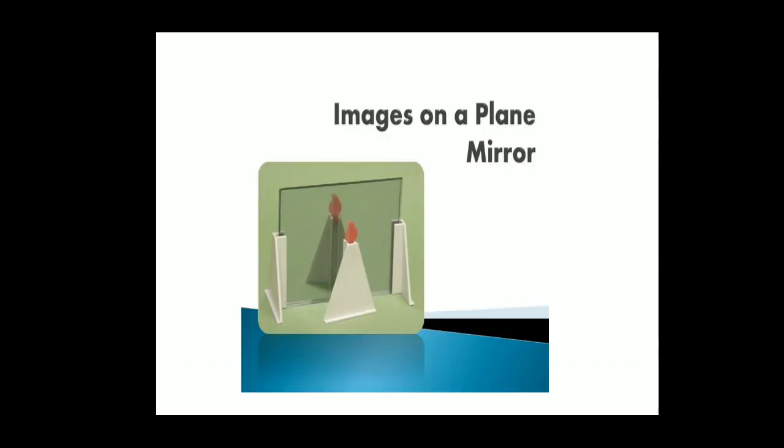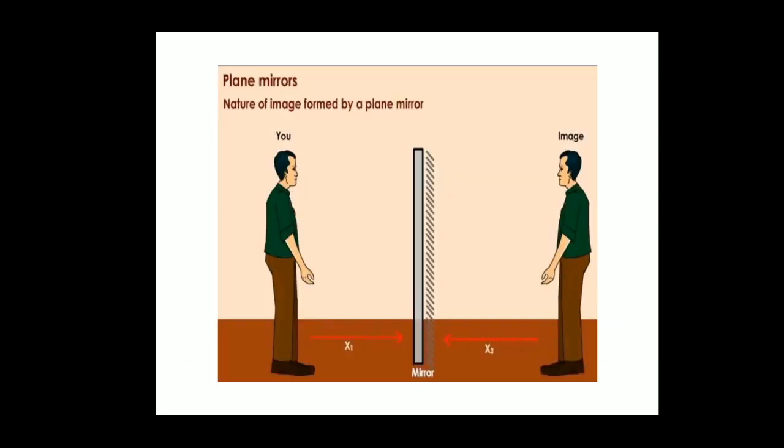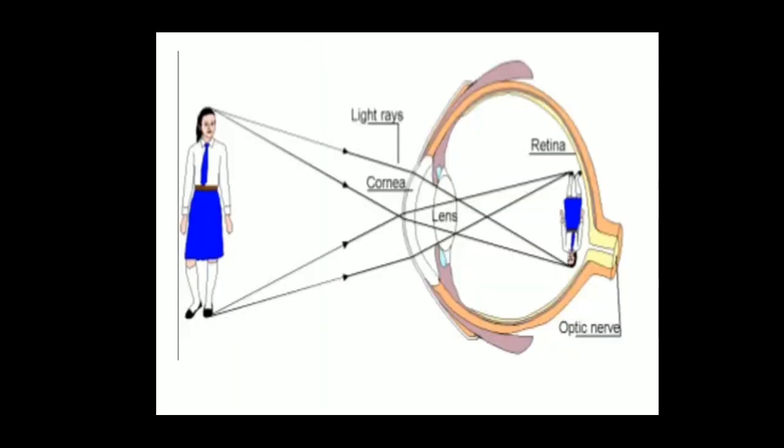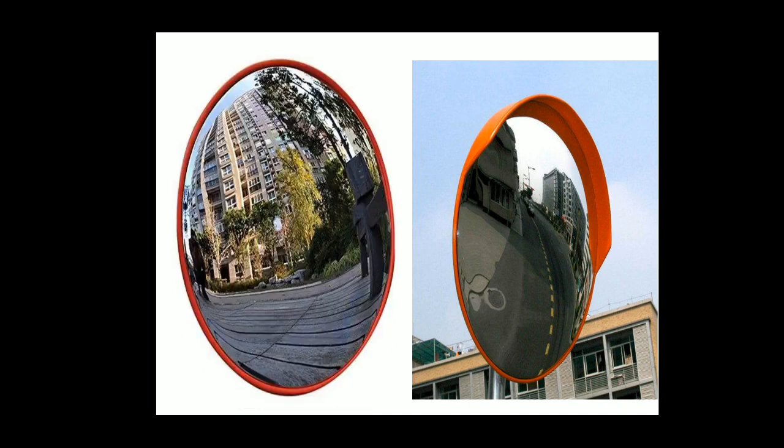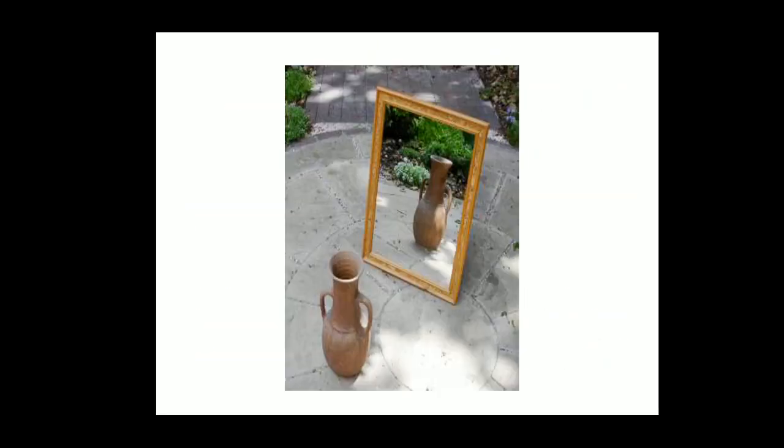Are you clear? So in today's class, first we studied about what? Can anybody recall quickly? Images, types of image, real image, virtual image. Then what else did we study? Relation between focal length and radius. These are the things we studied in today's class. About the plane mirror, I will come to it in the next class. Please study, children. Then and there, open your book and read. Thank you.